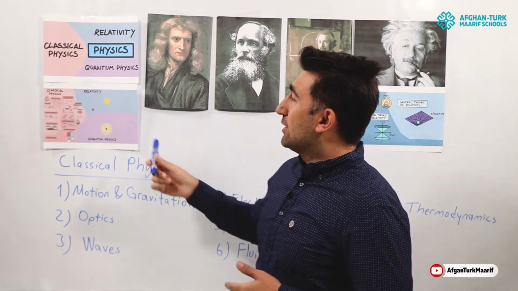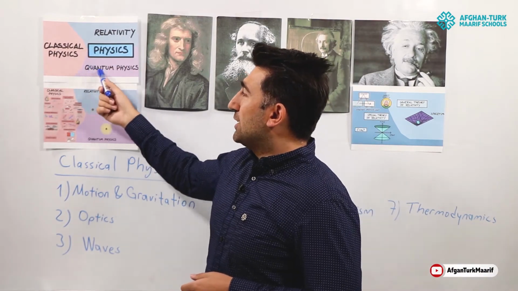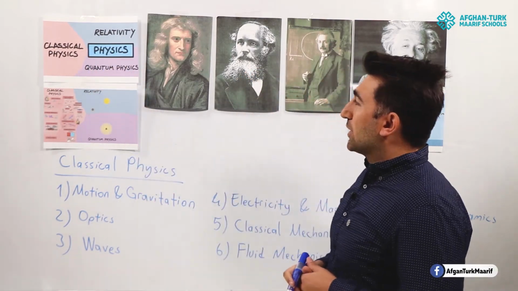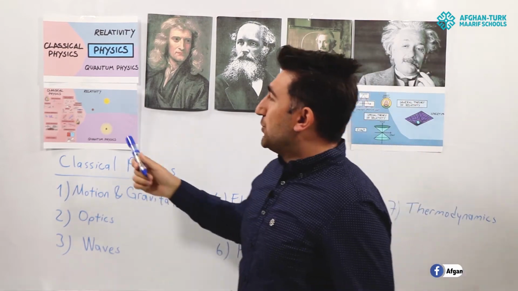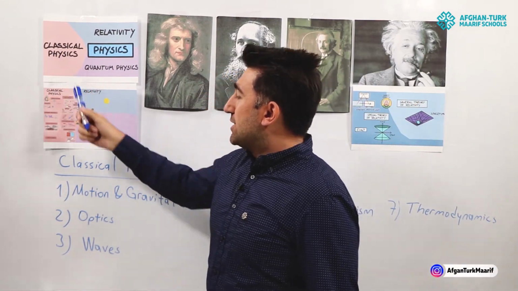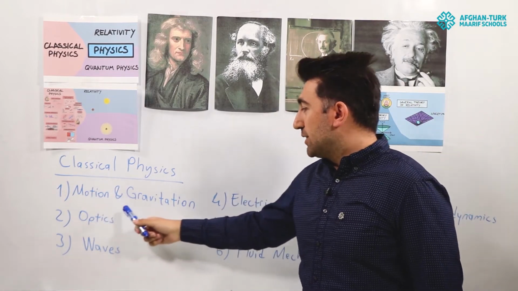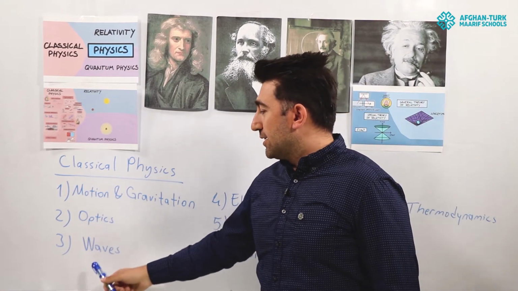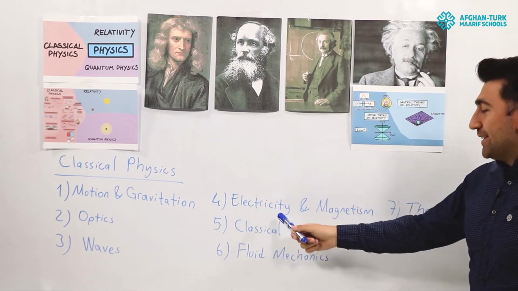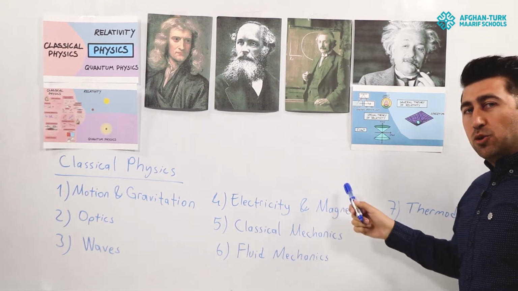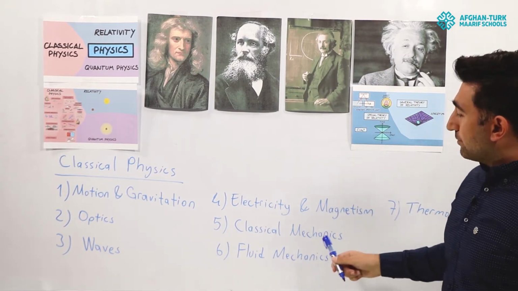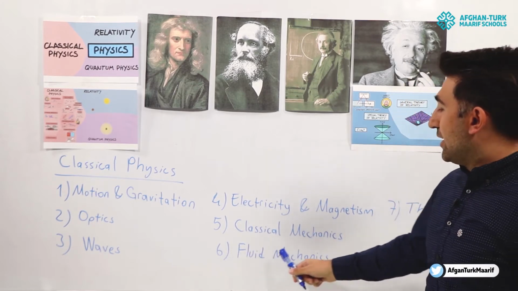Later in university, maybe you will study relativity and quantum physics. So, let me introduce the branches of classical physics. We have 7 of them. The first one is motion and gravitation, optics, waves, electricity and magnetism, or we call it electromagnetism, classical mechanics, fluid mechanics,